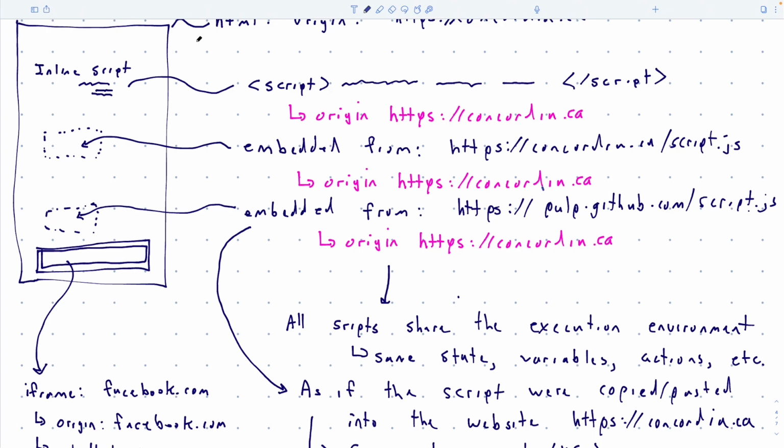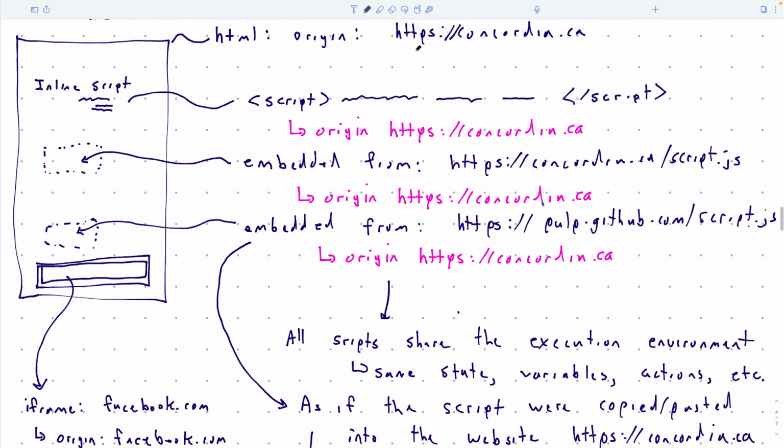The exception is that this website gets to choose where the iframe is pointed at, right? So if this is an iframe for Facebook.com, that was chosen by Concordia.ca. They chose to put an iframe and have it point to Facebook.com. So that's the only communication you can do between the two: the parent site is allowed to choose the URL of the child site, and beyond that, there's no interaction, no message, no resources that are shared.